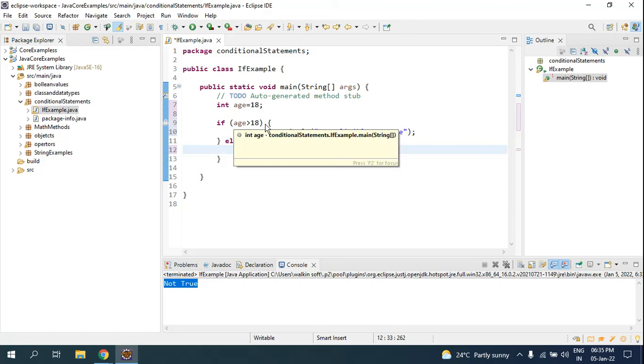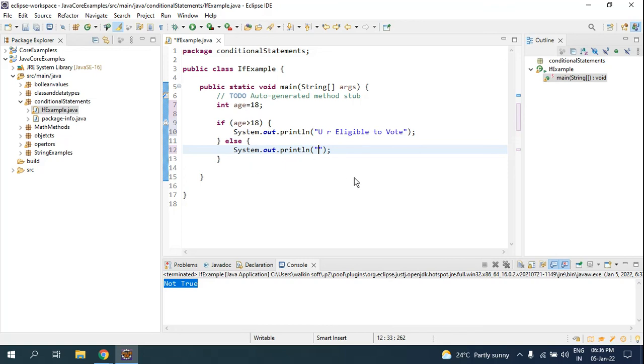And here, if it is less than 18... this is the first condition, I'm asking greater than 18, so it is understood that if it is not greater than 18, whatever value I am getting is less than 18, and I have to show this. If it is more than 18, this is what has to be printed. If it is less than 18, this is the value: you are not eligible yet.